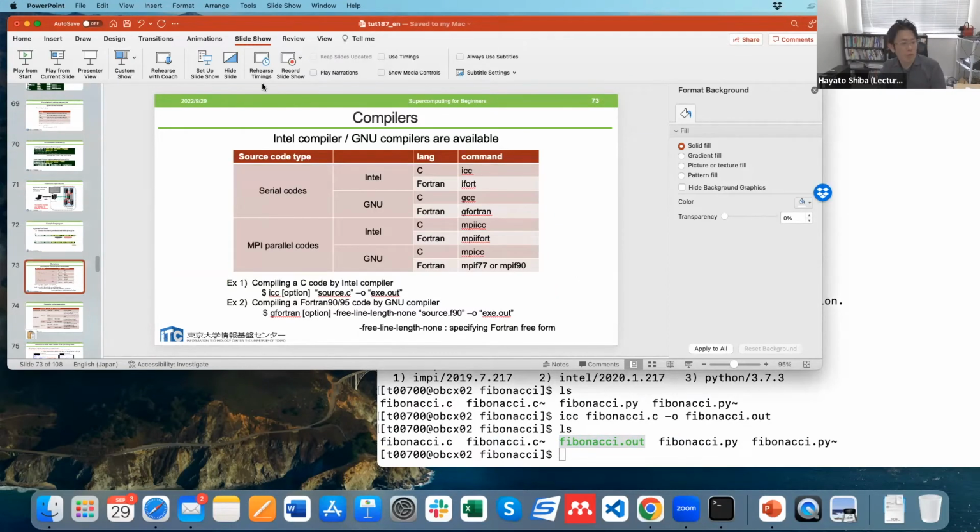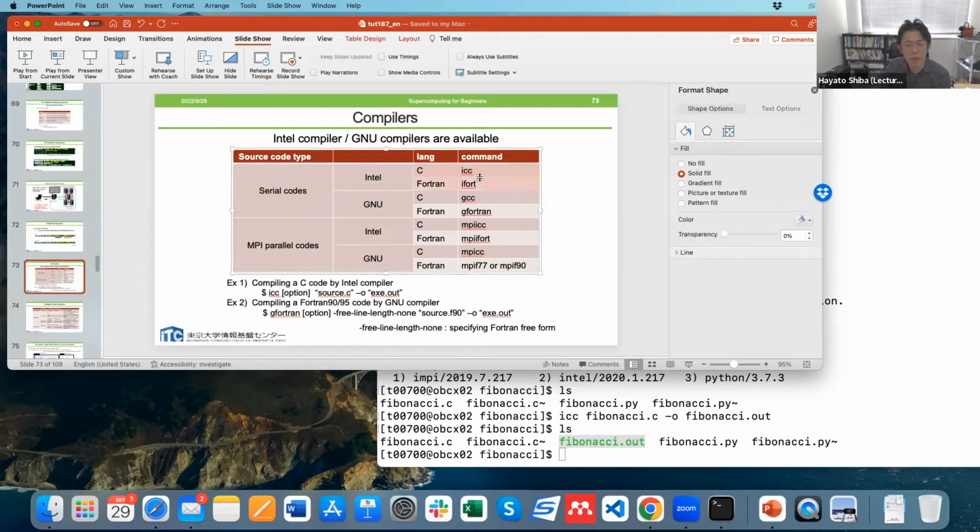And on the Oakbridge-CX system, you can use either the Intel compiler or the GNU compilers. If you use the Intel compiler, you should type the commands icc or ifort. And if you use the GNU compiler, you should use gcc or gfortran. And we will later practice how to run MPI codes, message passing interface